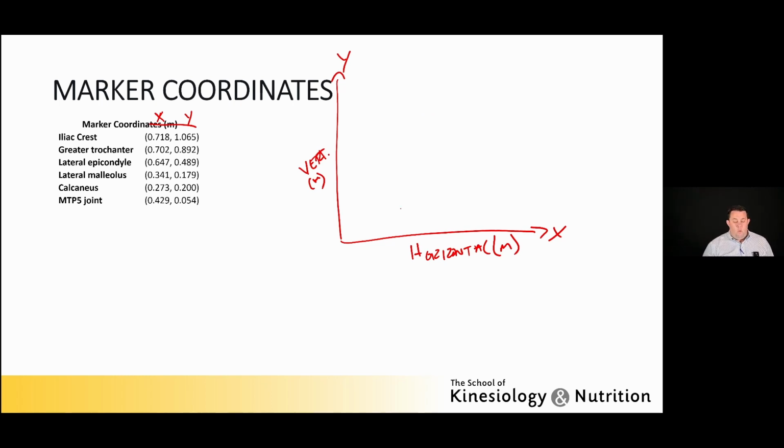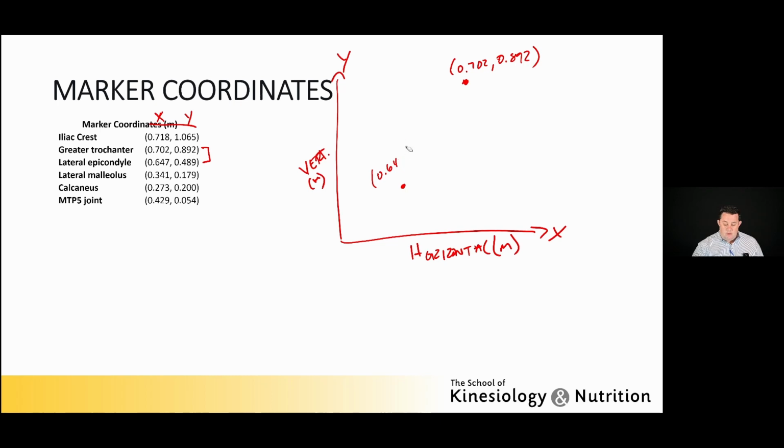If I say that we're going to define the thigh as the distance between the greater trochanter and lateral epicondyle, here's my greater trochanter and here's my lateral epicondyle, okay? My greater trochanter is at 0.702 x and 0.892 y. And my lateral epicondyle, the outside of my knee, is at